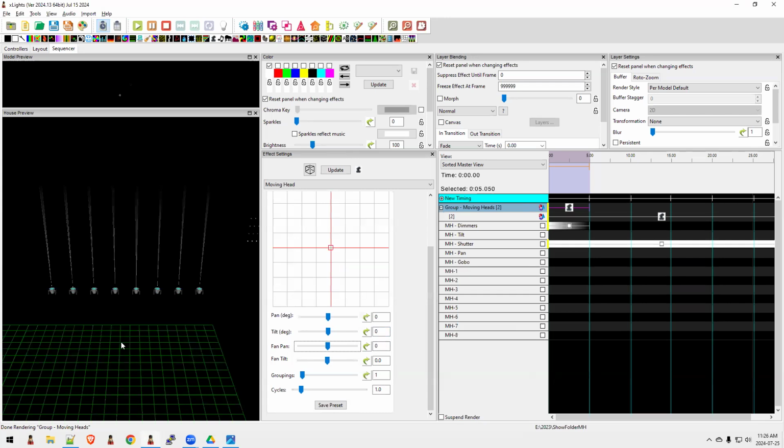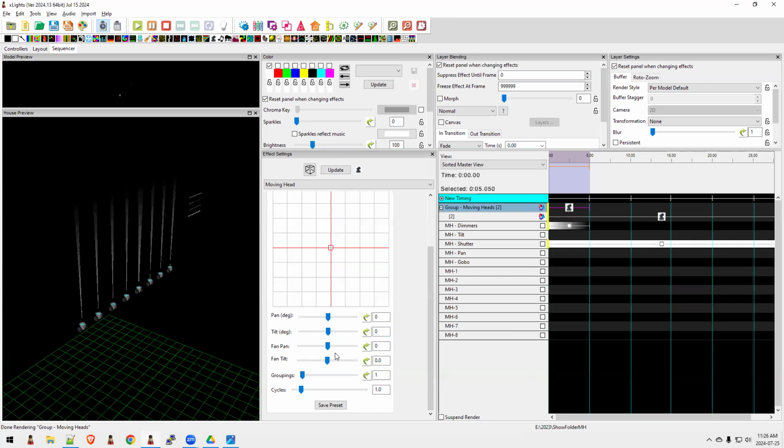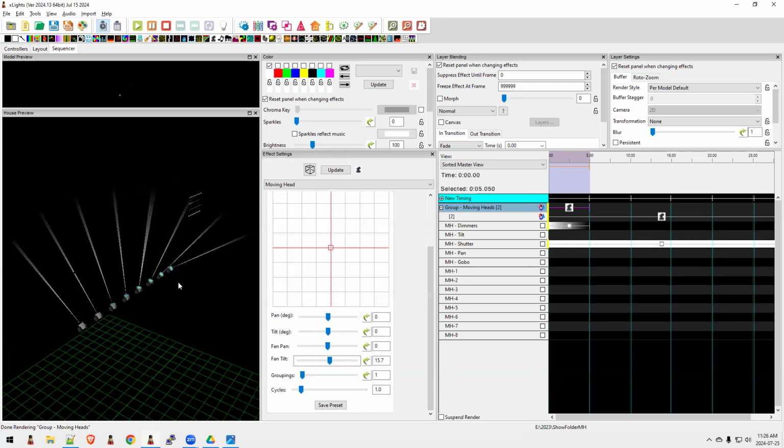And I'm going to spin this around a bit if I can. There we go. And I'll show you the fan tilt. So again, just moving it slightly. You can see that it's twisting like a snake. So it's starting off pointing closer to the audience, back, and towards the back of the audience. So you can do that. You can do, I believe,